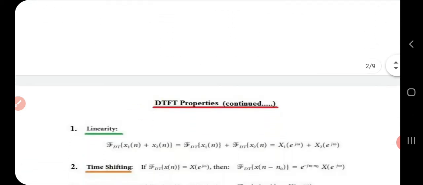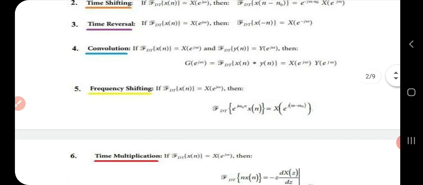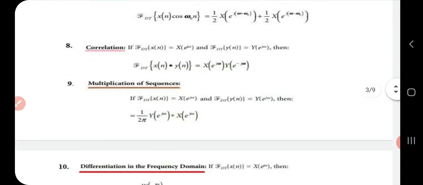These are some of the properties of DTFT. In the last class we studied nearly 5 properties. Here I am presenting all the properties together. While studying, compare with last class, and you may come across some properties which are repeated. You can avoid those and learn only the properties which I have not mentioned in the last class. Or it's better you follow these properties, because I have written all of them together, nearly 11 properties.